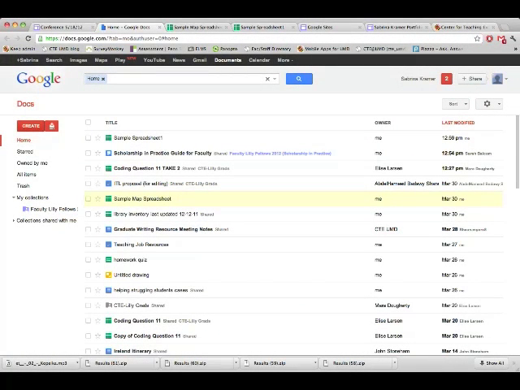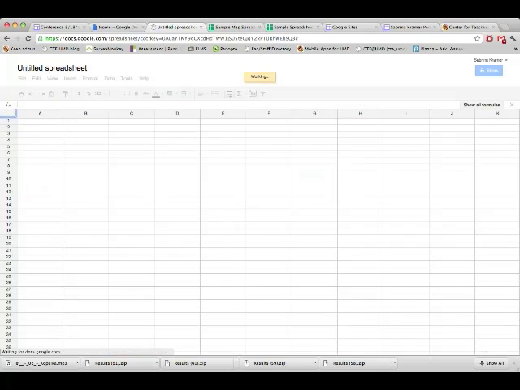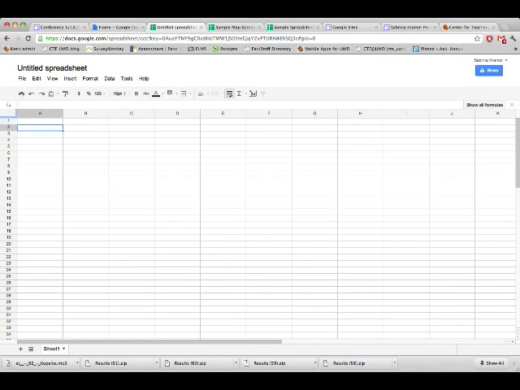But if you go in, you would just go to Create, and then the example we're using is a spreadsheet, and it just gives you a blank spreadsheet. But for my example, we're using different groups. So we'd have 1, 2, and it's smart enough to figure out what I'm doing. We would have your data points, so data point 1, data point 2, data point 3, we would enter in some data,